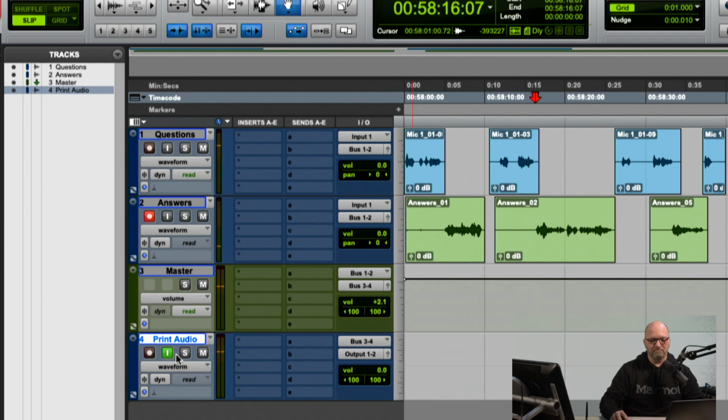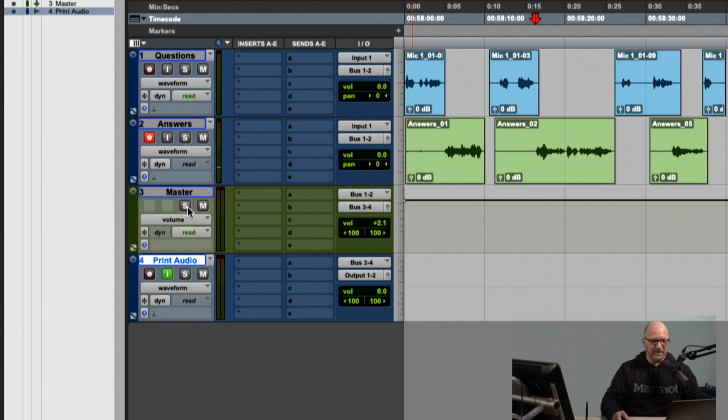And now we're great. Everything is funneling down. Both of these go into the master bus. The master bus goes into the print audio. Two things I'm going to always ask you to do, whenever you make a master bus, or any submaster for that matter, and whenever you make a print audio, is to hold Command. Control is if you're on a PC, but Command